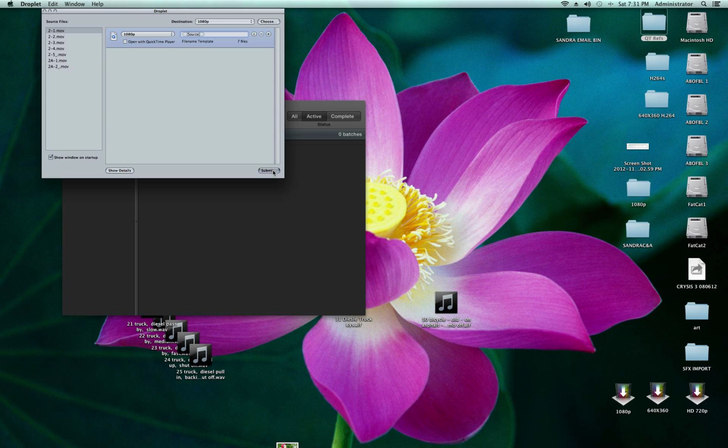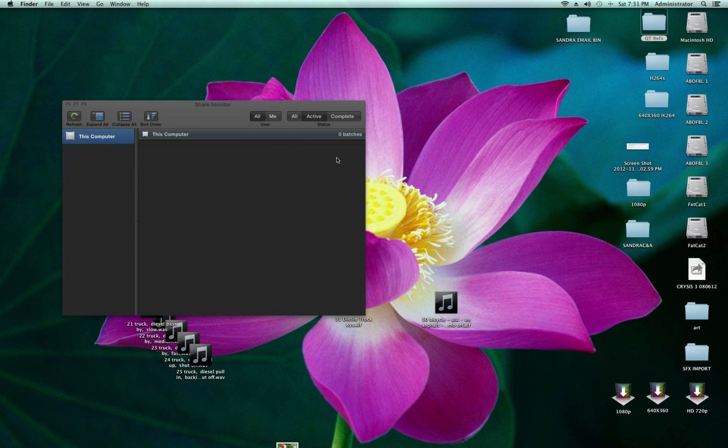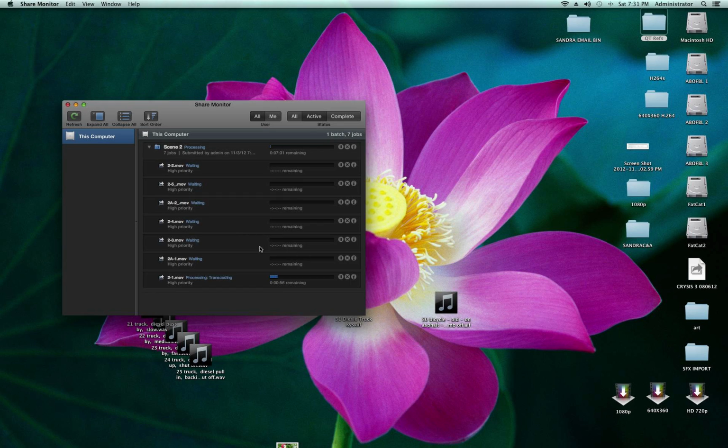Okay, so you just hit submit from here, and then it asks if you want to give it a job title. We could, if we want, call it scene 2 or leave it blank. It really doesn't matter. You hit submit, and there it goes. And Compressor is great. You could use more cores and have it do really long encodes, a whole night and have